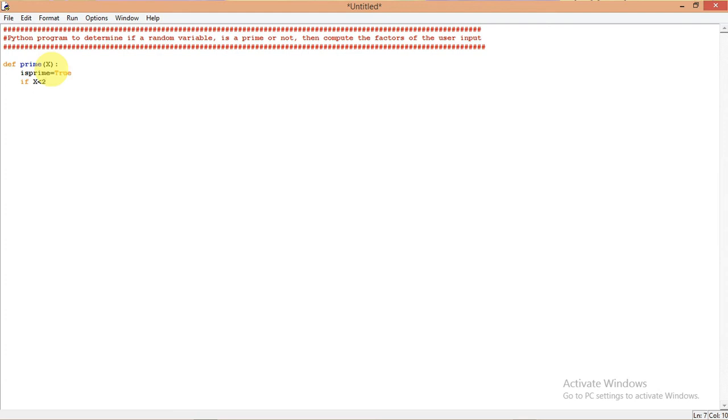So if the random variable is less than 2, then is prime will be false. So is prime equals false. That's the first condition for it not to be true. Don't forget that is prime is true, and it's only true if it is true. So if the user input number is less than 2, then it is false. That's the first one. Okay. Second,